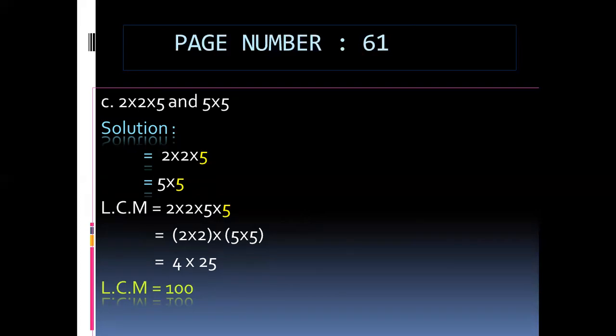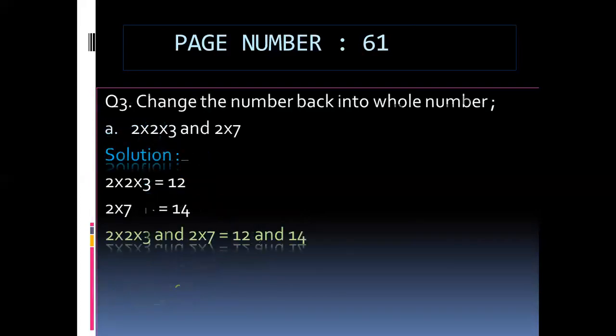Question number 3. In question number 3, we will use the numbers, the parts of question 2 A, B, C, and we calculate these prime factors. We convert these prime factors into the number. It means that in question 3, we will calculate that these prime factors are the factors of which number. After the multiplication, we convert these prime factors into the whole number.